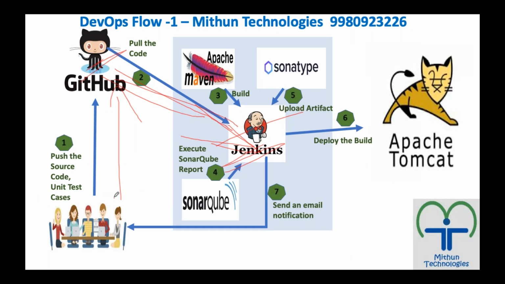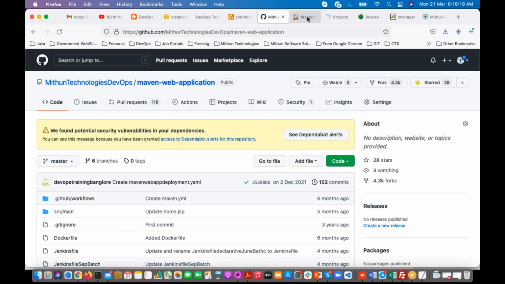As a developer, he will update the code. He is going to commit in his local repository. Then he is going to push the code to the GitHub repository using the git push command. As soon as the developer pushes the code, automatically the build is going to trigger. Okay, let's go and see whether it is triggered or not. So go to that